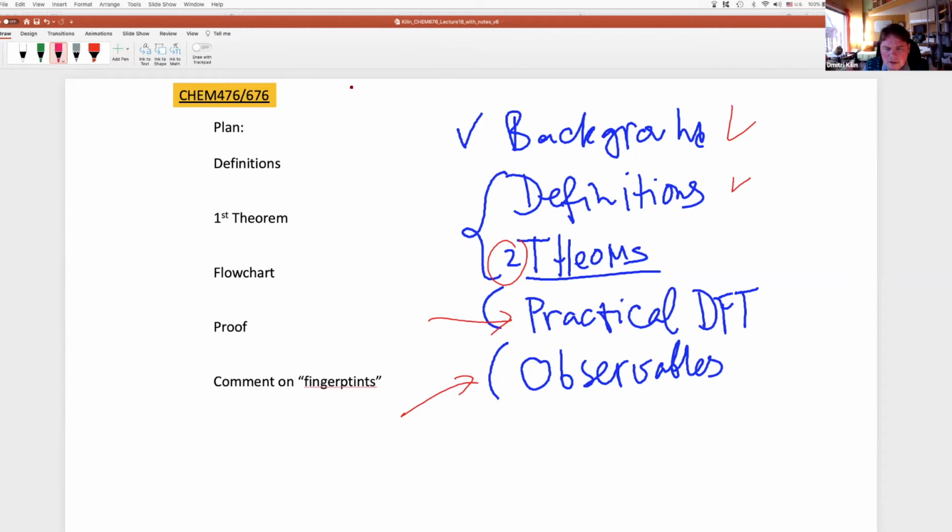formulated a couple of theorems, almost at the same level as one does in calculus and partial differential equations. So, theorems that prove the density functional theory is correct. So there are exact mathematical proofs. In our chapter, we already covered background in definitions, and now we need to spend 2 lectures on 2 theorems.